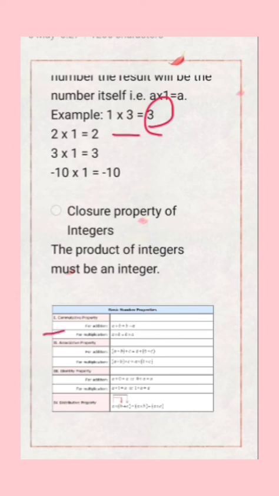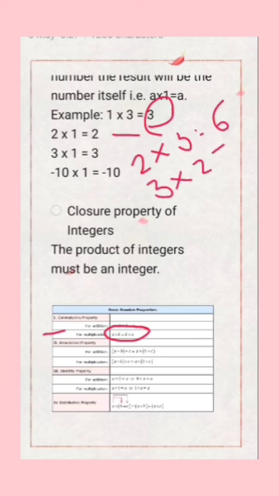Then commutative property. What is commutative property? Commutative property means, if you change the order of the integers. Let's say one example, 2 3s are 6 or 3 2s are 6. You can see I haven't changed the numbers, simply I have changed the order or place of the numbers. Then also my answer is the same. So we can say that the integers are commutative under multiplication.